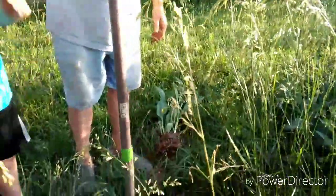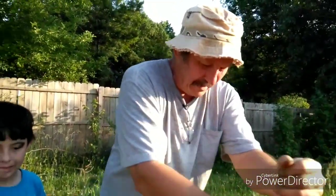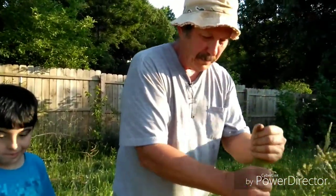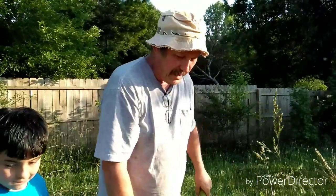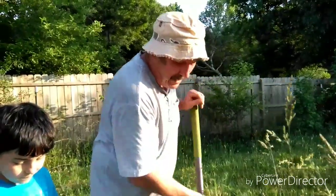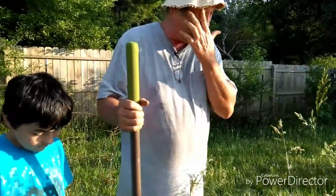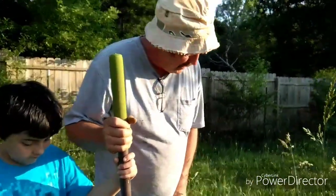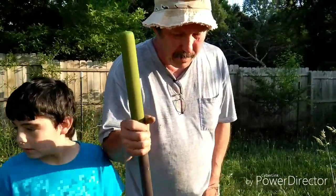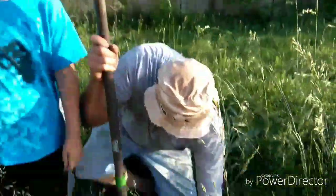Supposedly, one of the main differences between Bocking 4 and 14 is that the Bocking 4 is supposed to have deeper roots, but Bocking 14 is supposed to have more expansive roots. I have found that to be largely true. I have both 4 and 14. And Bocking 4 is also supposed to be more palatable to...